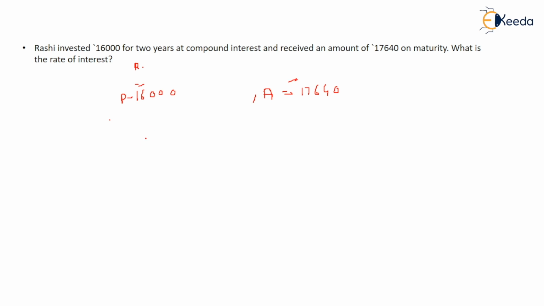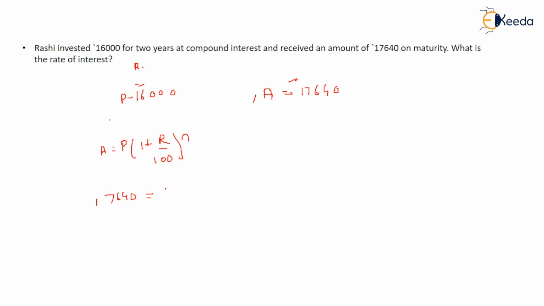So in this type, what you have to do is simply find out the rate of interest, whatever is going on in the market. Okay, so you have to apply the traditional method. What that means is amount equals P(1 + R/100)^n, right? So amount is what?